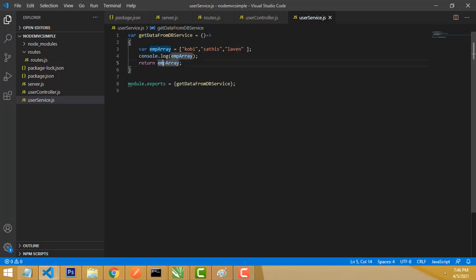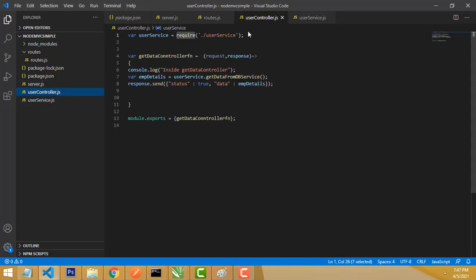What is this module exports? This one I already explained in my previous tutorial. If you export this class outside, you have to write like this: module exports, within the brackets we have to put this one. Okay, so all this data will be exported out of this JS class or page, right? So now we will be able to get it if you are calling the relevant path with require. This is your current path.